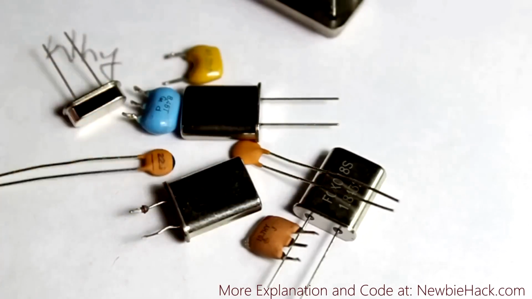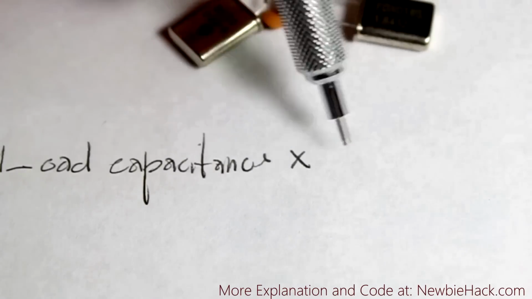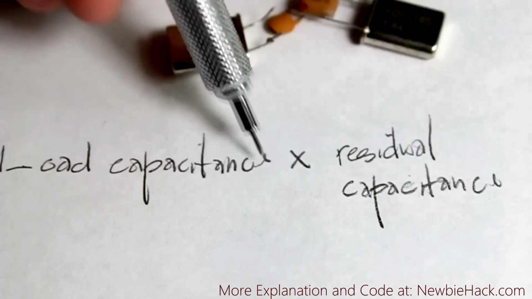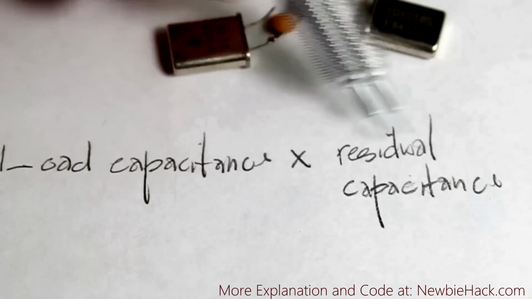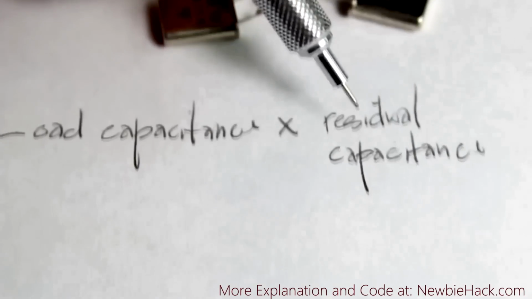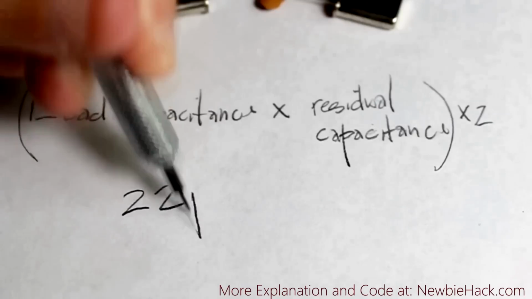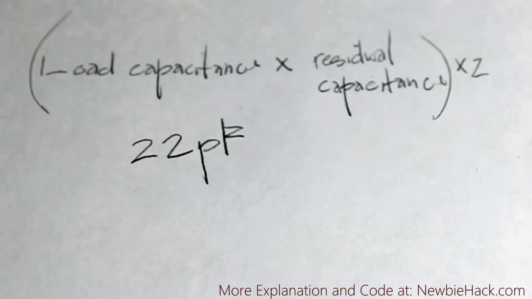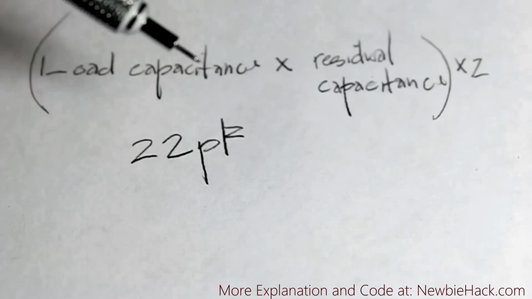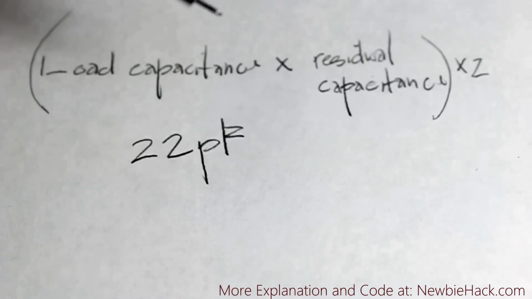These are 22 picofarad. The formula that you would use to determine the capacitors is load capacitance minus the residual capacitance on the board. The load capacitance is specified by the manufacturer. The residual capacitance would be what you have for the traces and whatever you have on the board. And all of this is multiplied by 2. But like I said, you're probably going to be fine with 22 picofarad. Additionally, the error rates for the baud rates that we're going to be selecting will be low enough that there will be some wiggle room in here. We're not going to be creating anything that would require a very precise clock,